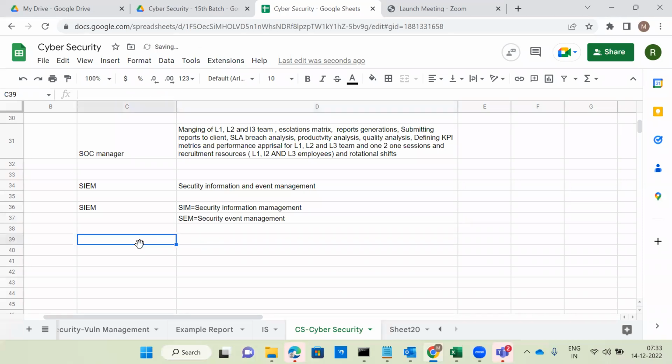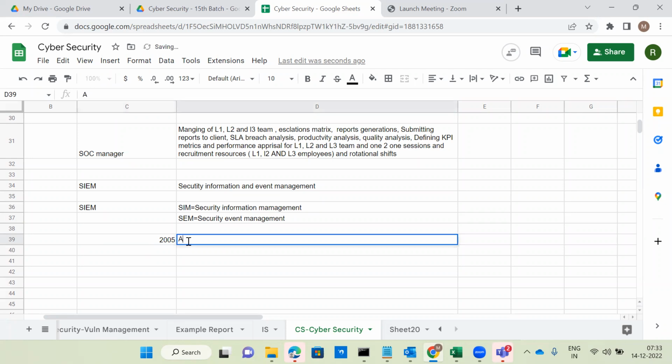So in 2005, as per Gartner, Amrit Williams and also Stephen,